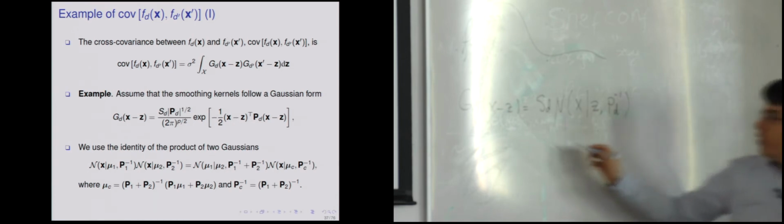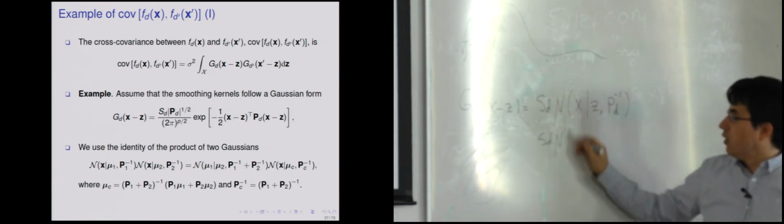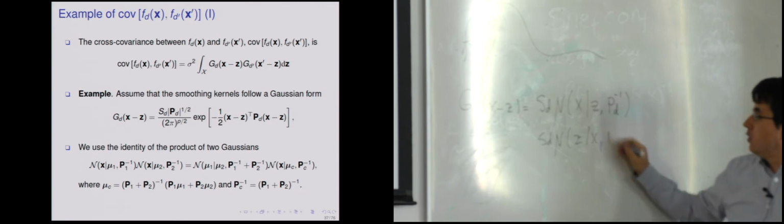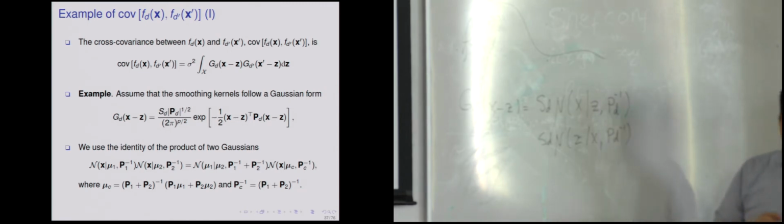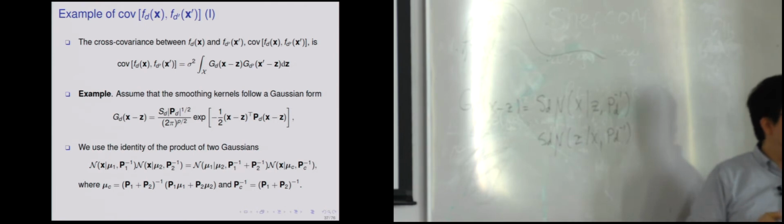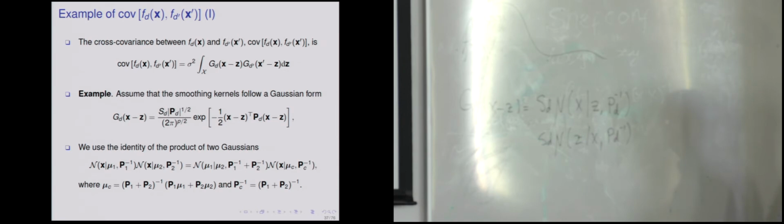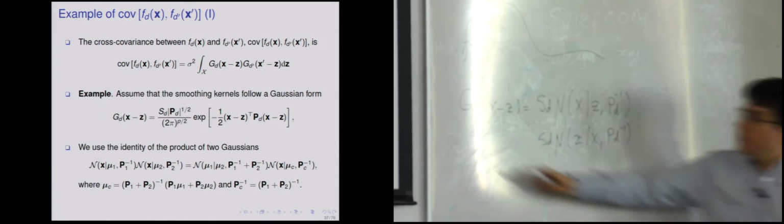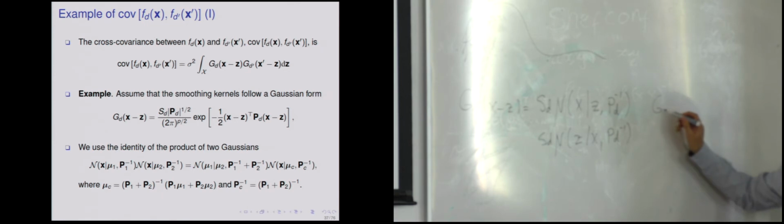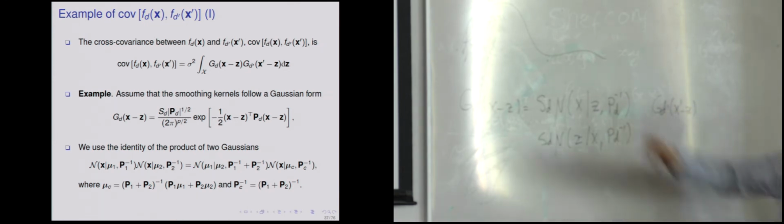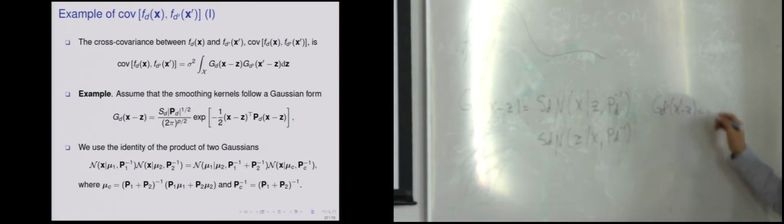I could write it the other way around too. I could say given x. That's the nice thing about that quadratic form, yeah. So this is GD, and GD prime of x prime minus z, which is the other one that we need, will be just the same one, but replacing x for x prime and D for D prime, yes? So it will be SD prime and